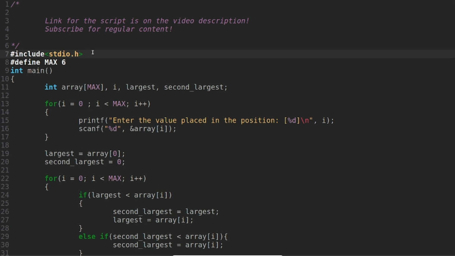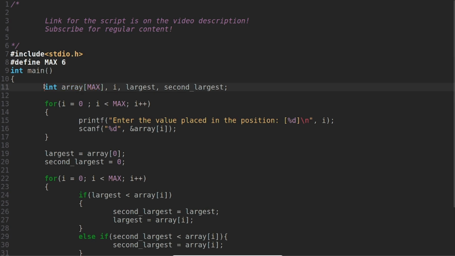First of all, we have to include the library stdio.h which allows us to print messages on the screen. Here I am using the hashtag define to define a name and a value for this name. So every time I call this name, the value will be 6. This is an easy way to reuse the code, just changing it to 7, and the number will be 7. But in this program, I will use 6 as the example asked us to use an array of 6